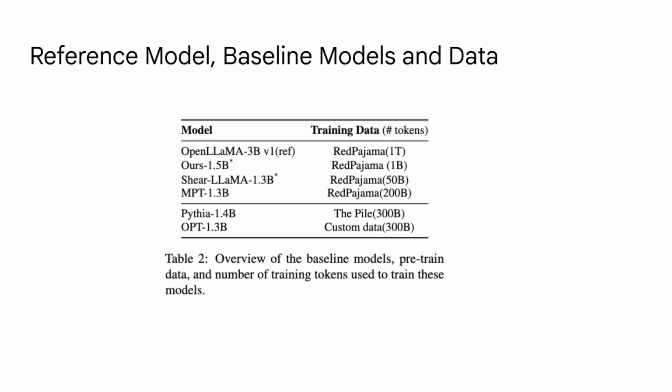These are the reference models and some of the baseline models we have used. We have tried to stick to the RedPajama or similar domain data sets, because if I use something super out of the box, then we have to see how the data set is impacting, since the data set is also super important. So for academic purposes, I have chosen small language models in the range of 1 billion to 2 billion size, trained on RedPajama or similar distribution data. The Pile and this OPT model's custom data are similar in distribution to RedPajama.